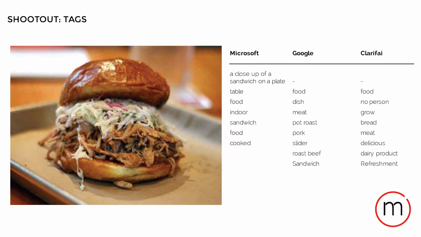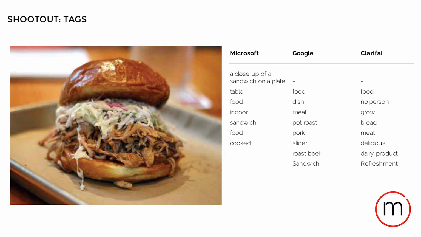Okay, we're going to do a little shootout here on the three systems. I've prepared a couple of images first, and then we're going to run them through the different classification engines to try and guess the tags, to try and get the OCR out and detect the subjects before we go into the live demo. So the first shootout I had is this pulled pork. I don't know if it's a slider or larger thing, but it's certainly delicious. Delicious is something that Clarifai got right.